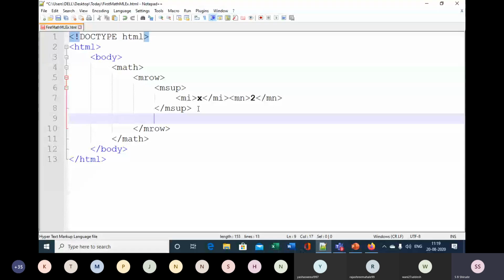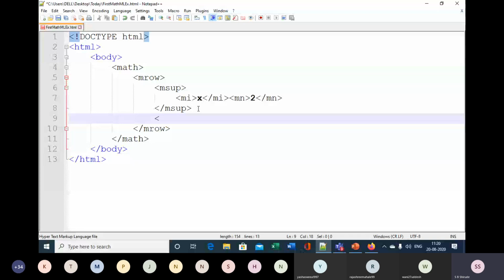And after this, we need to put the operator plus, x square plus. For putting an operator, you should make use of the element called mo. So mo means mathematical operator. Plus is the operator.